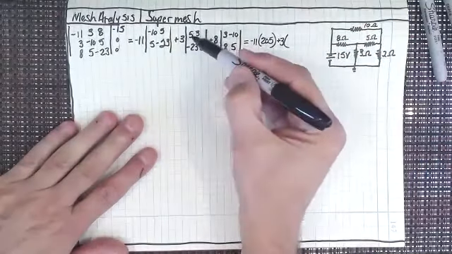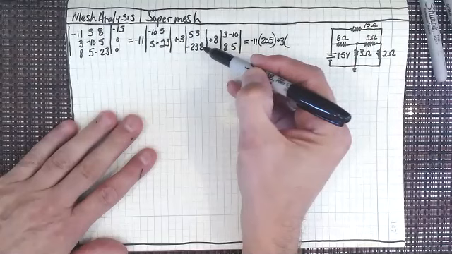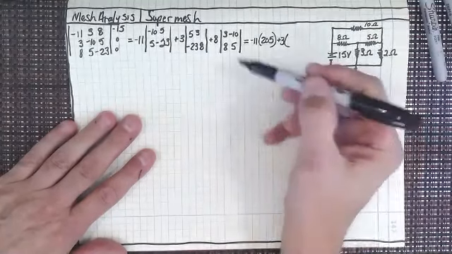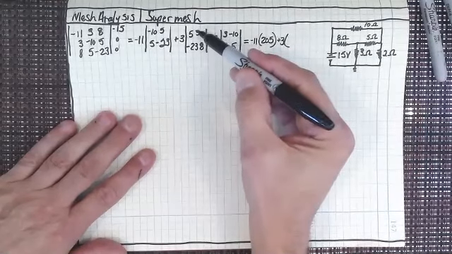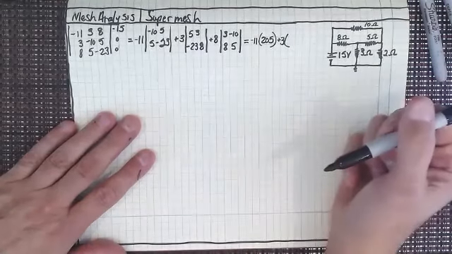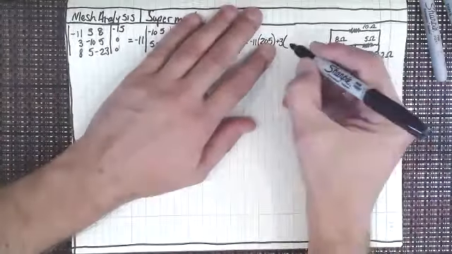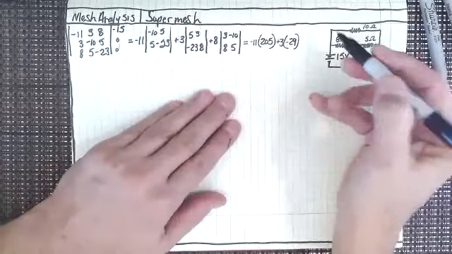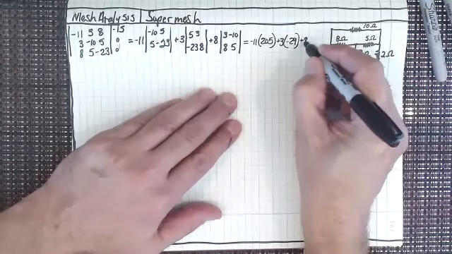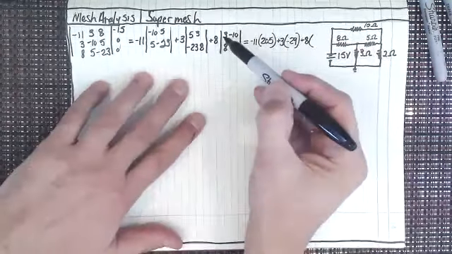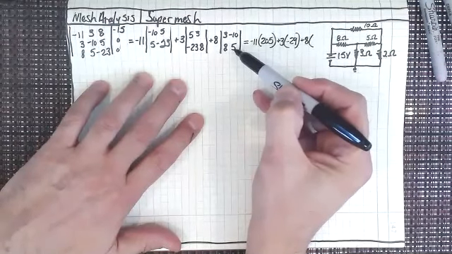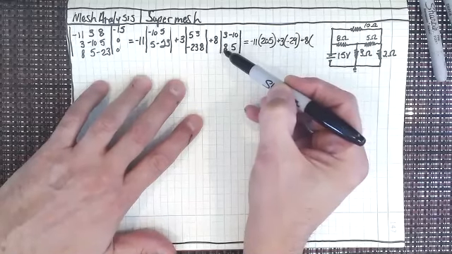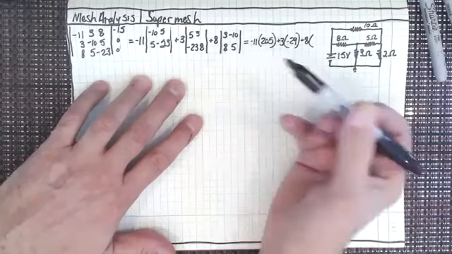Now, 5 times 8 is 40 minus 69. 40 minus 69 is going to be minus 29. Right? And the last one, 8, and then 3 times 5 is 15, minus a minus 80. So I've got 80 plus 15 is